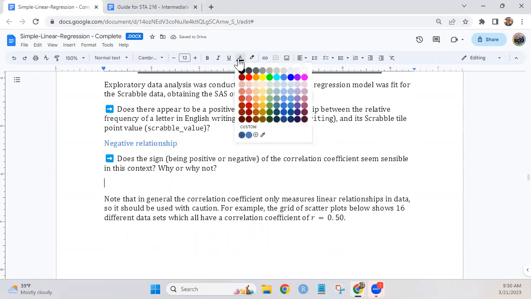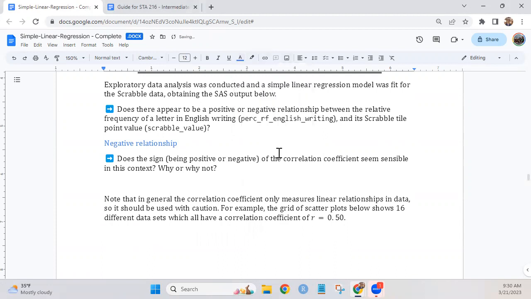And then like we were just talking about, does that seem reasonable in this context? So yes, because